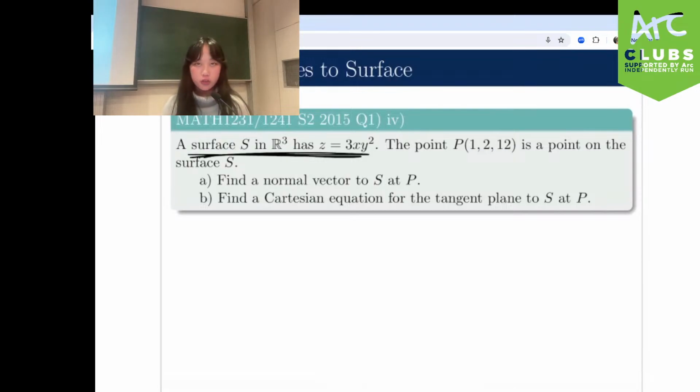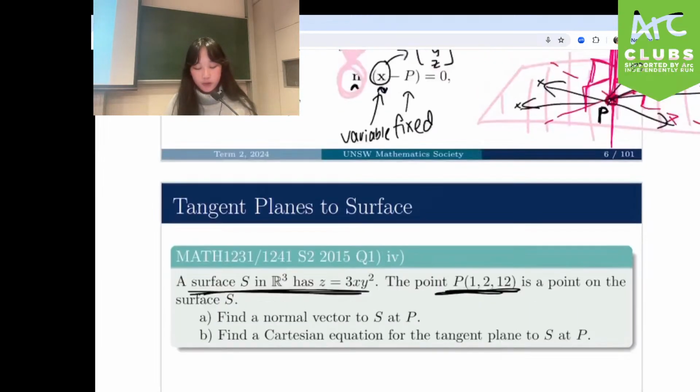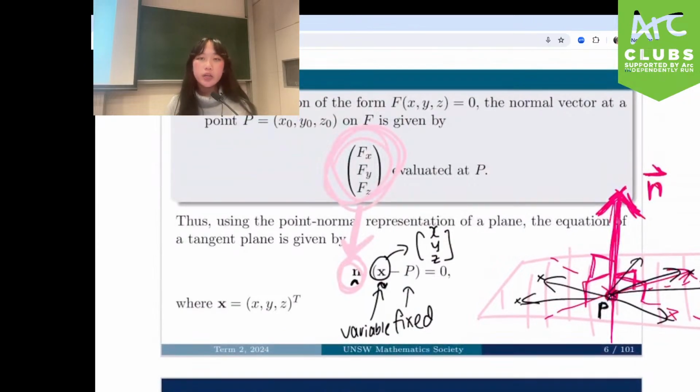Okay, so we've got a surface that's written like that, and we've got a point which is written like this. That is a point we've been given, a point that's on the surface. So what we want to do first is, if you remember from when we were talking about the normal at a certain point, what we want to do is